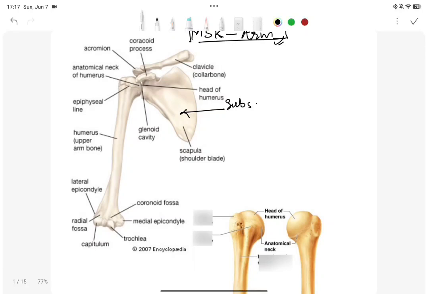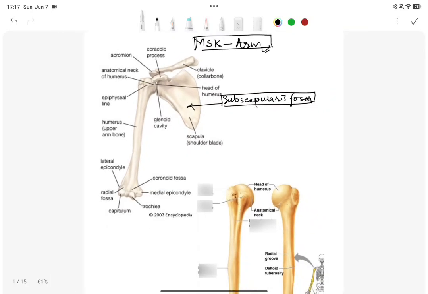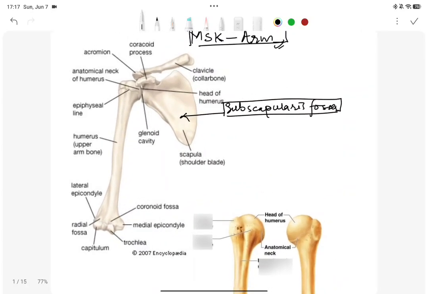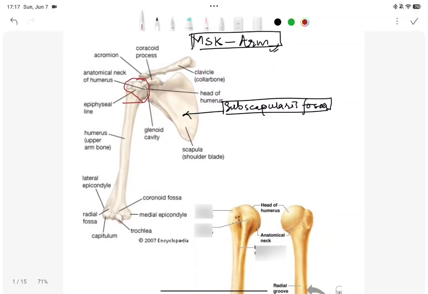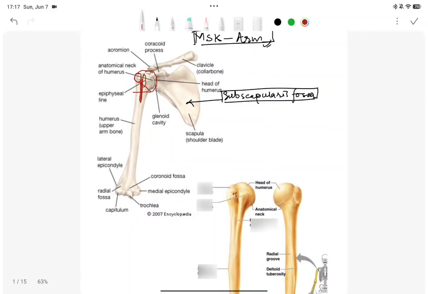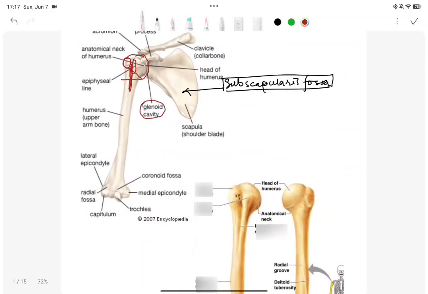Subscapularis. This is the subscapularis fossa, where the subscapularis muscle originates; it is inserted in the medial lip of the bicipital groove. So this is the head of the humerus. This is the anatomical neck, and this is the surgical neck. And there is a greater tubercle, and there is a lesser tubercle. There is a bicipital groove or intertubercular sulcus, and okay, this is the glenoid cavity that articulates with the head